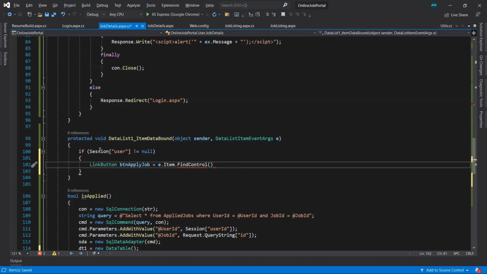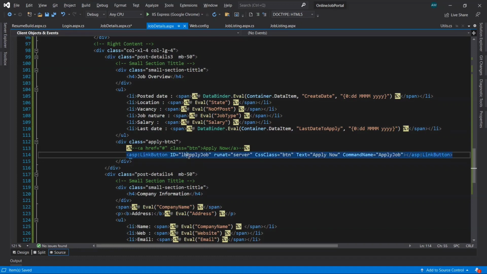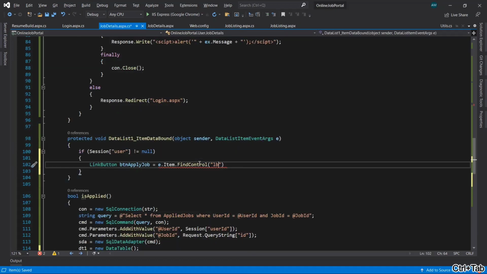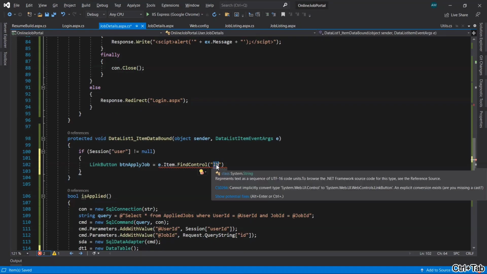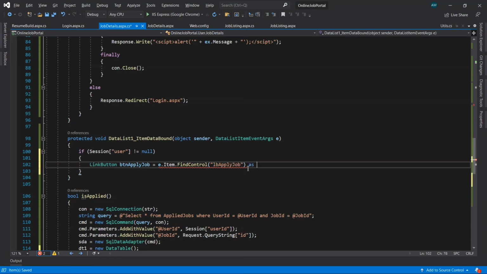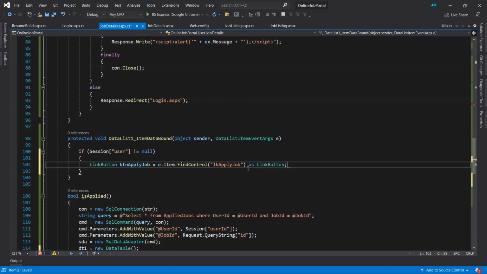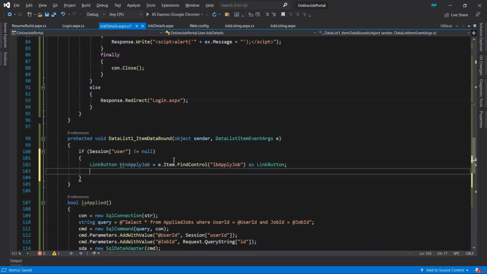For finding control, we need to pass the ID also, that is LB. Okay, let's get it from here in the design page. This one, LB apply job, copy, paste it here. Then we need to typecast it as link button semicolon. So now we'll get the details of that button from the data list control inside this btn apply job object.